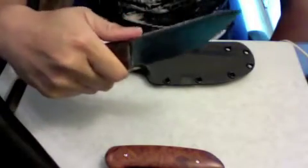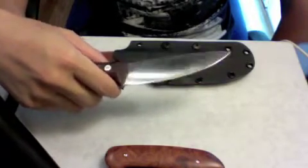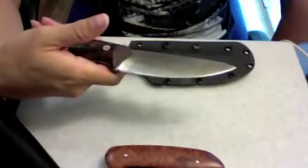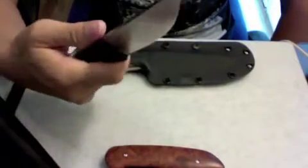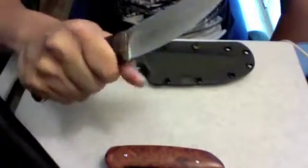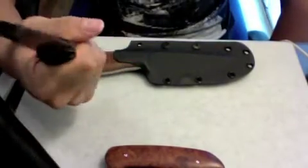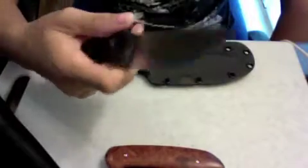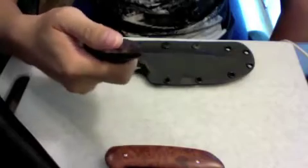I'm really pleased with his knife, and I think this knife is pretty worth it. I think it is a good knife. The handle is very comfy, extremely comfortable in my hands. I think small to medium hands will really find this comfortable. Not too sure for larger hands, but